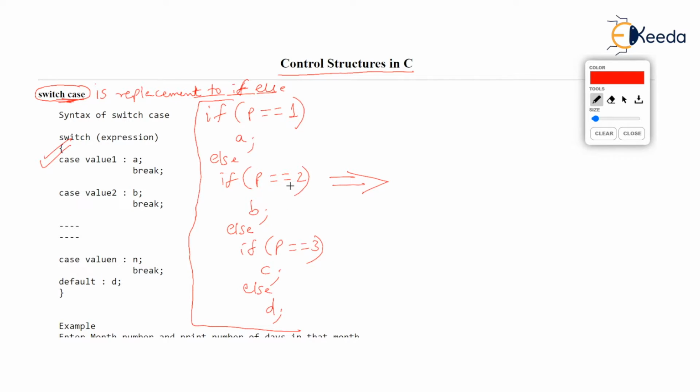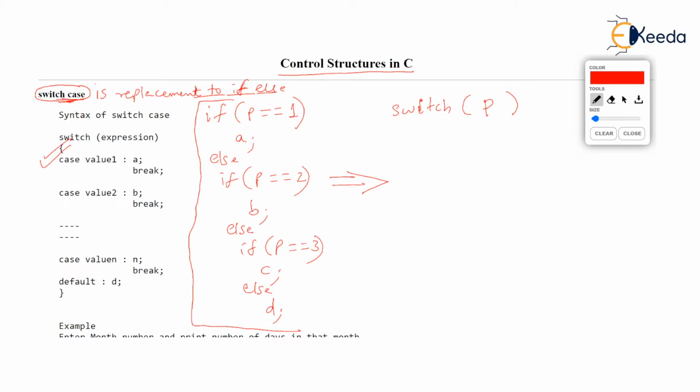Now suppose instead of this nested if, you want to write switch case, so that the same work is done as done by the nested if. Then switch case is written as follows. Check the grammar and how it works. The switch word is always followed by brackets, and in the brackets you always write an expression. Remember, it's not a Boolean expression. Any expression you can write, a math expression, any expression. But here I am going to write p.